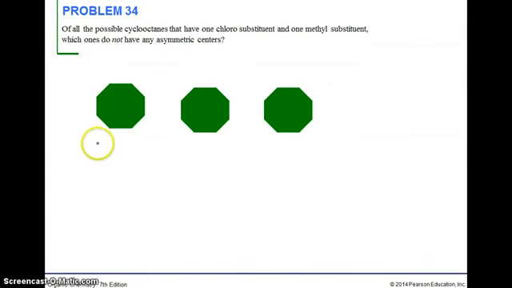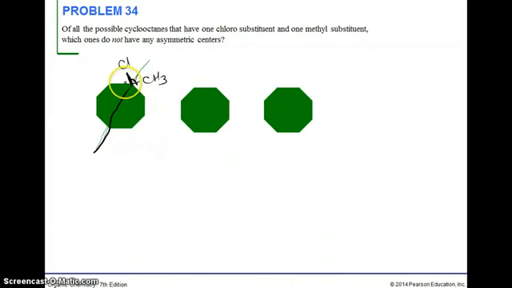So we need to find some symmetry. If I can draw a line of symmetry through these 2 vertices here, maybe I ought to be using a different color, and put my chlorine here and my methyl here,